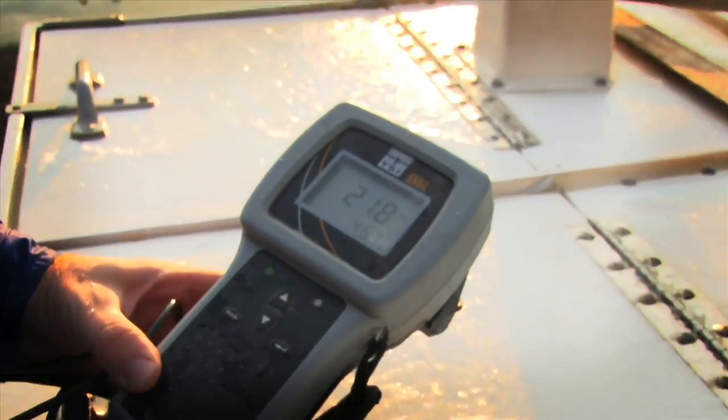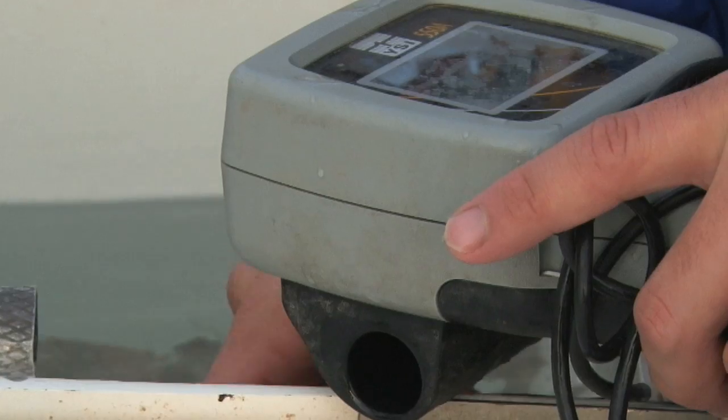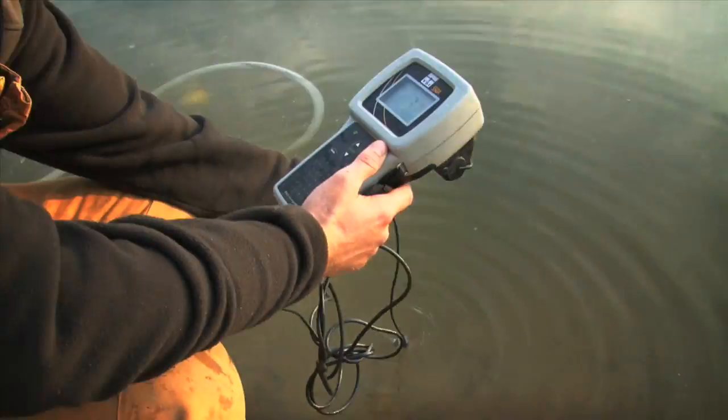We've got these DO meters that test the dissolved oxygen levels of the tank, and also the water temperature. Rainbow trout really like cold water. That's where they thrive. We'll check your lake, see what the temperature is, see what your oxygen levels are, and if everything is kosher, we'll net them out and bring them over to the edge of the pond bank and we'll actually toss